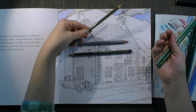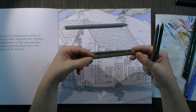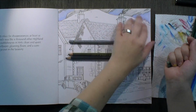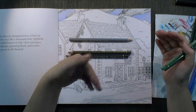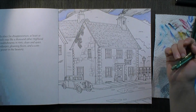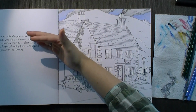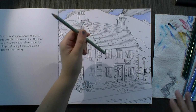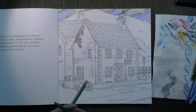I will also use that brown greenish, what's it actually called? The olive green yellowish. I will use that as well in the remaining parts of the hillside to just have color repetition, have it look more natural. But these are the dedicated colors for the stones. So let's move with the lights to the darks in that direction. I will give it a whole color coat first, and then enter in with